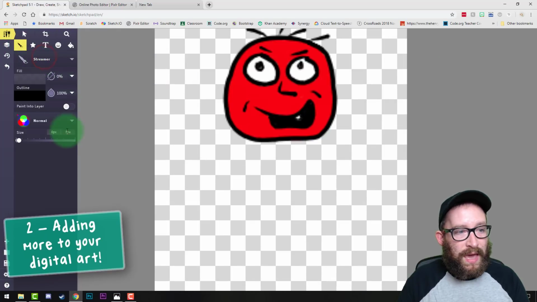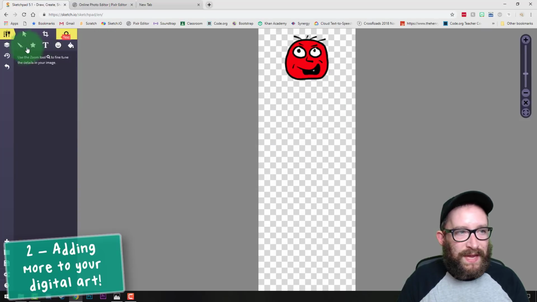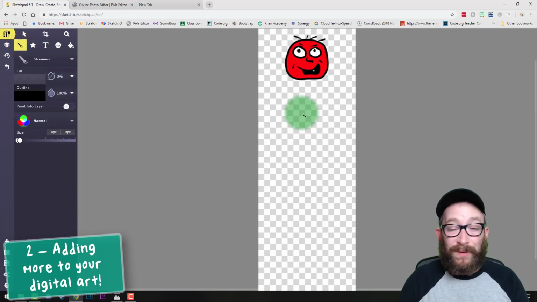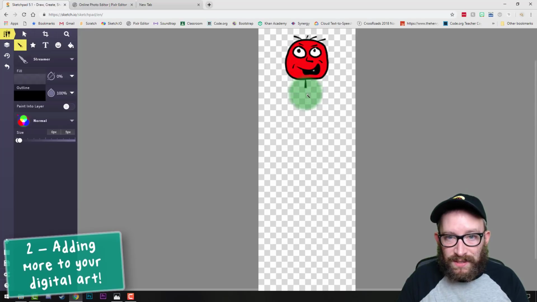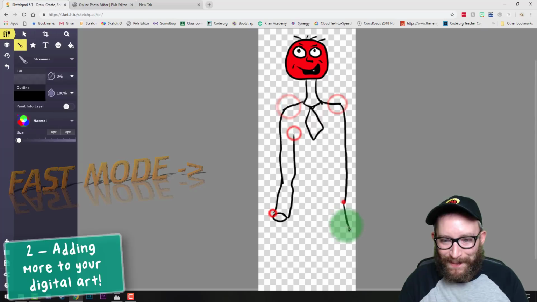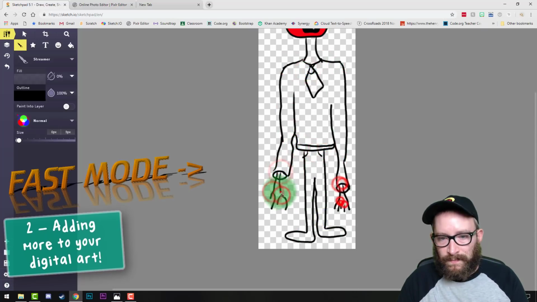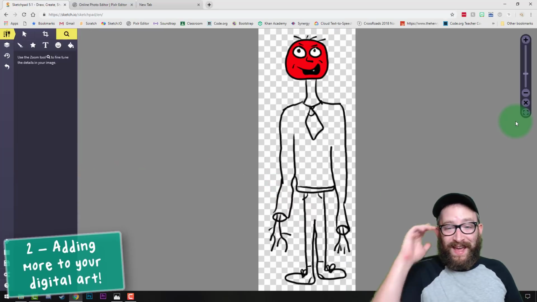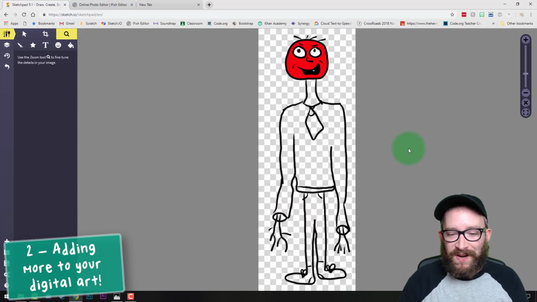I want to go to streamer, and I'm going to make that 3 pixels or 5 pixels, anything. Since this is a face, I'm going to try to draw a weird stick figure kind of character. Let's see. Now when I have my body, or I filled the space with a little more digital art, what I want to do is